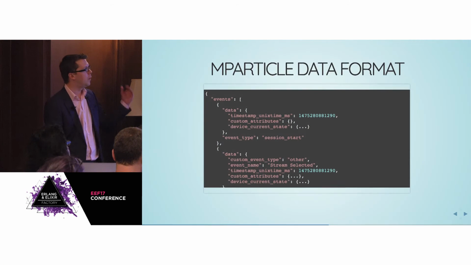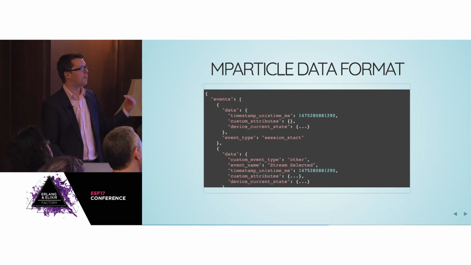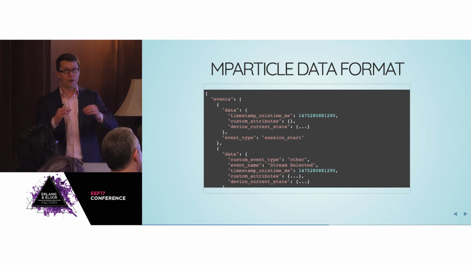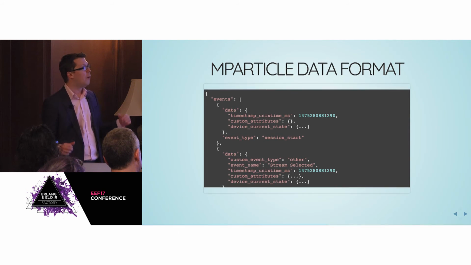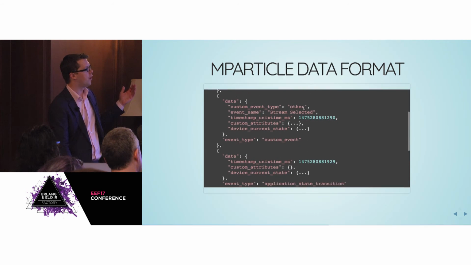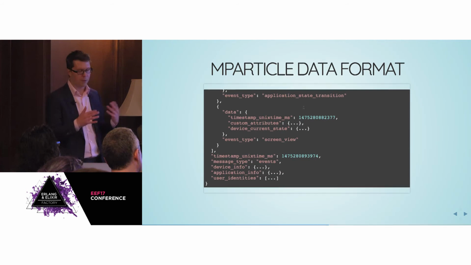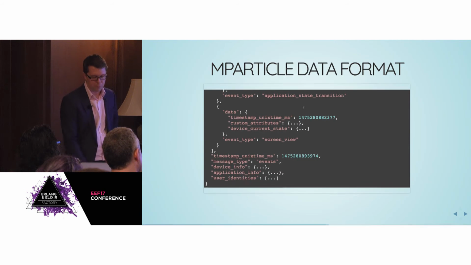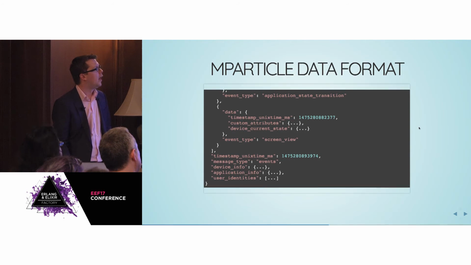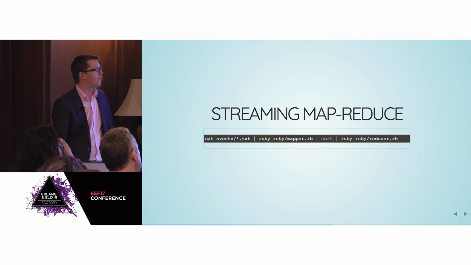So the events that come in from mParticle, this is expanded. Each line in the file is a complete JSON object, but within that there are multiple events, each with different timestamps. And I haven't exactly worked out what the relationship between all of them is, but it makes it a somewhat challenging process to get a count on those events. And the way that I chose to do this, we're talking about a pretty large amount of data.